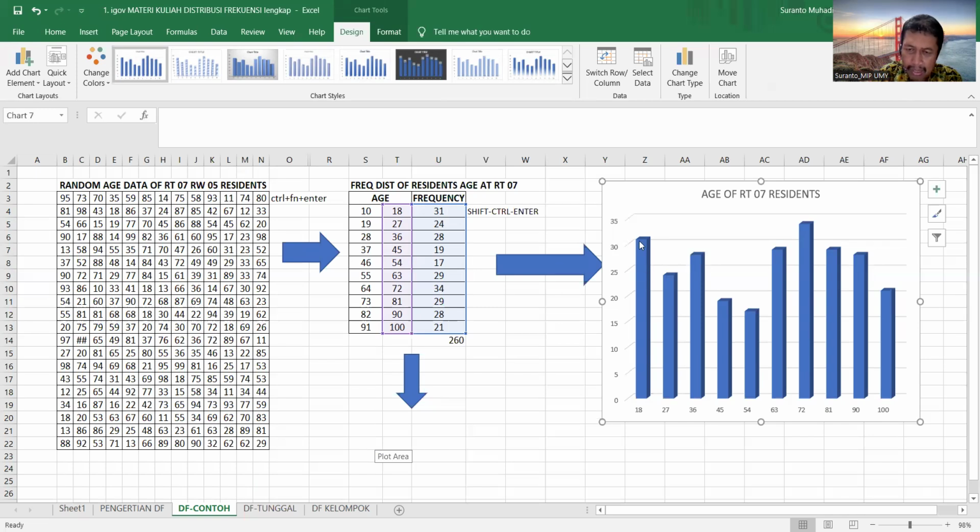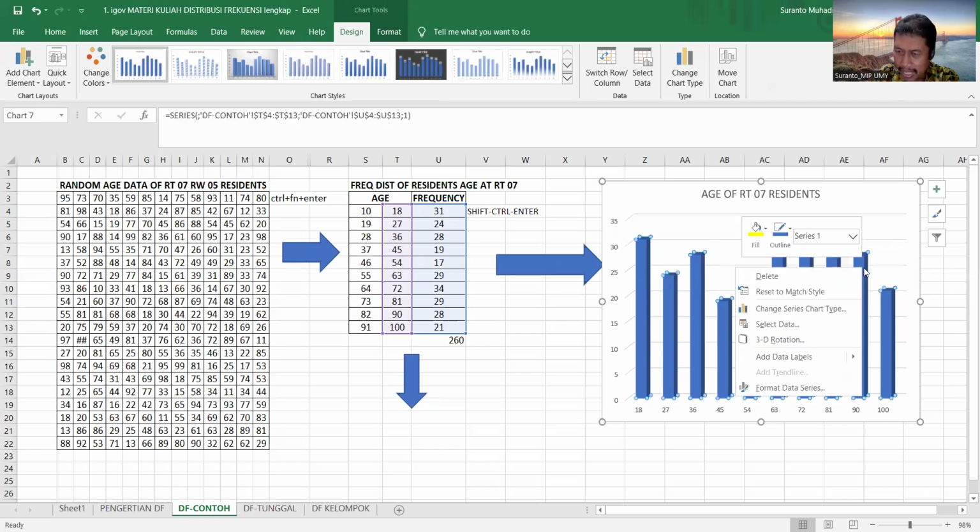You can also show the data in the chart. How to do it? Just click this one and add data labels. There's a menu of Add Data Labels.